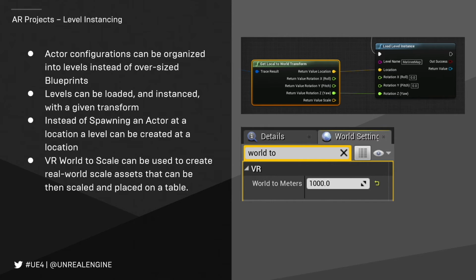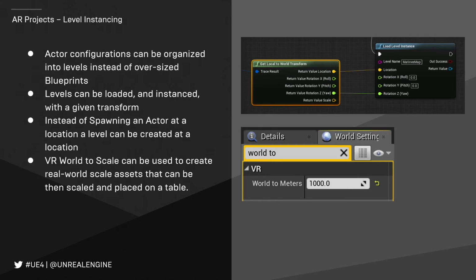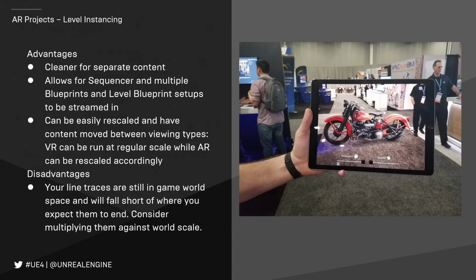So this allows you to have very simple, very clean AR implementations that can be of any size. If you're at your client's desk, you can easily just stream the building in to be the size of the client's desk. If you want to demonstrate it to the client on the floor, you look at the floor and hit the button, and it will then stream the level in at the correct size. And to do this is literally 2 or 3 blueprint nodes. It's very straightforward. And most people just don't know that it's an option. So they often rebuild their content and they go through a lot of extra work that's actually just unnecessary.